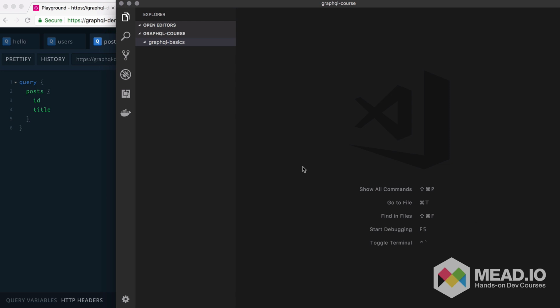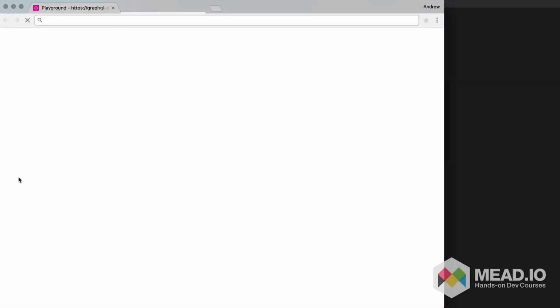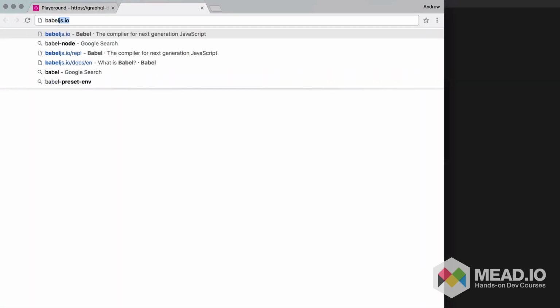To kick things off, what I want to do is install and configure a tool called Babel in our project. Babel is a tool that's going to allow us to use the most advanced cutting-edge JavaScript features today. In particular, we're going to be able to use the ES6 Import Export syntax. Let's go ahead and kick things off by pulling up the website for Babel. That is Babel,